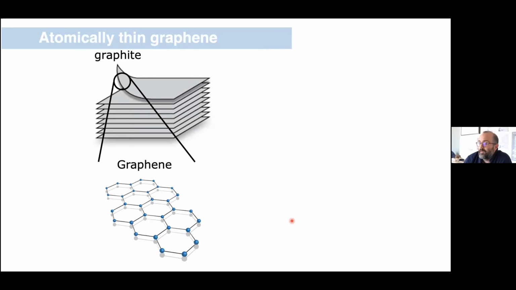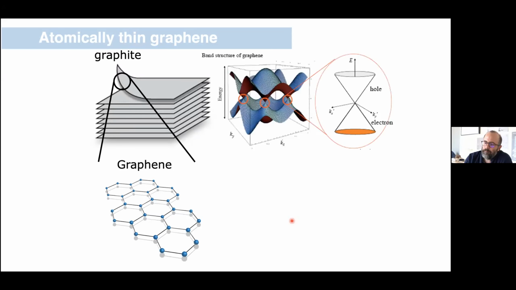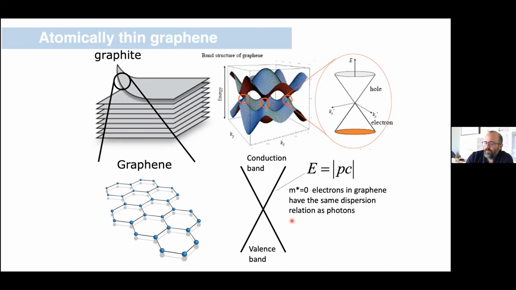It's its own material. Really, in general, 2D materials tend to be quite different than 3D materials for a variety of reasons. I'm not going to relitigate this, but graphene has been branded by many the wonder material of modern times. It really has extreme properties in almost every direction that you might want to look. For the purpose of this discussion, I want to think about the electronic properties of graphene, as was introduced. We have a rather unique band structure here. Around the energy where the electrons reside, the Fermi energy, there's a linear band structure.